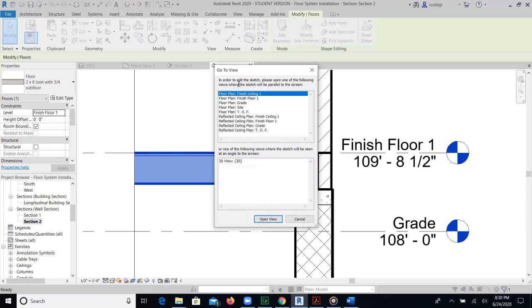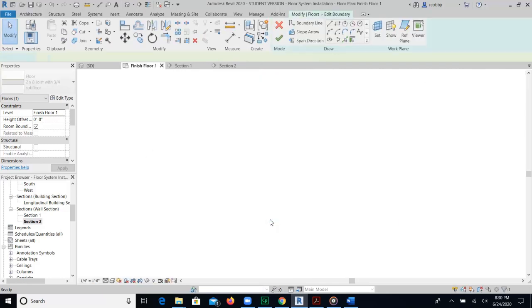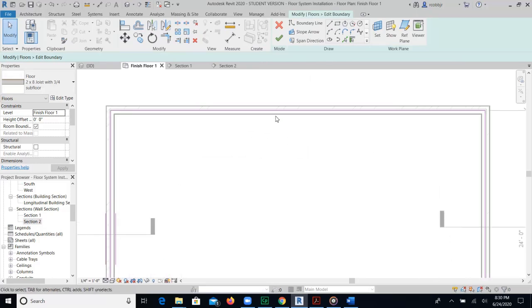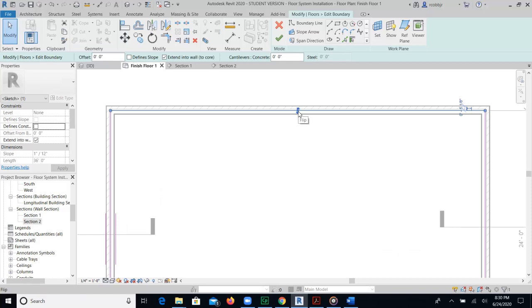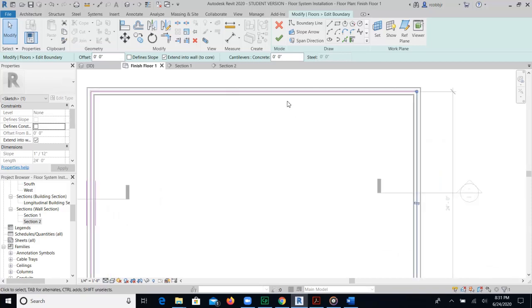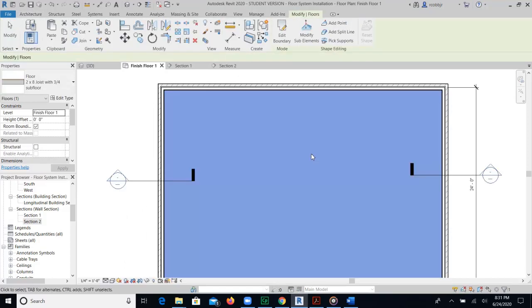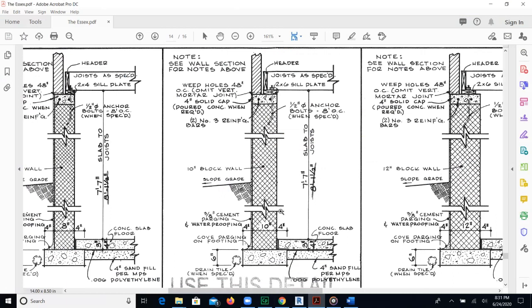In the go-to view, it will prompt you and you will select floor plan, finished floor 1. So you select that view and click on Open View. If your magenta line is along the inside face of the stud, you will need to select it and click on the double arrows. Once you have made that correction, you will click on the check. You will select No. So in the foundation,